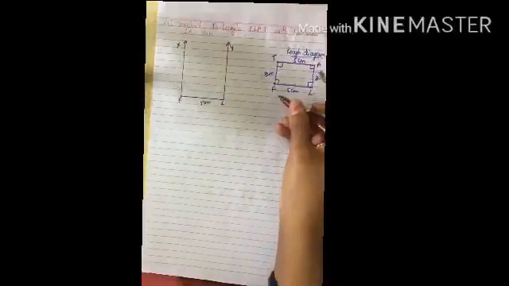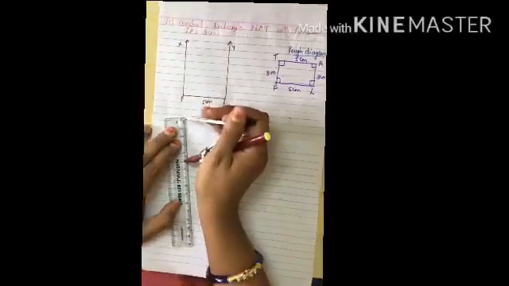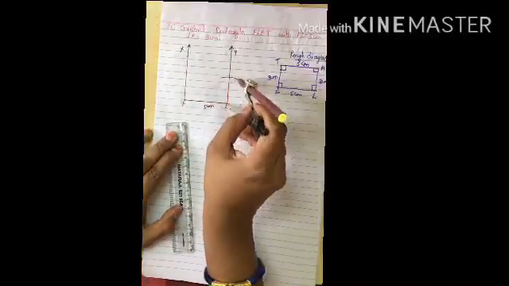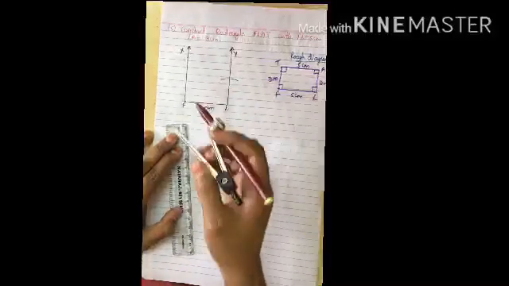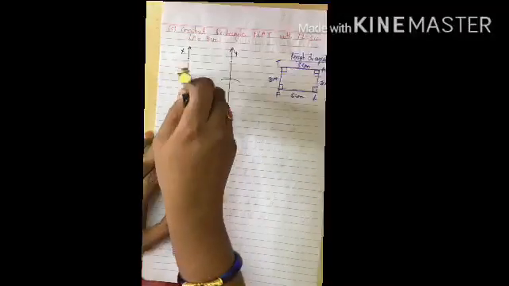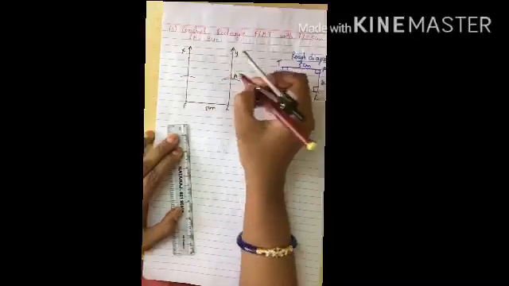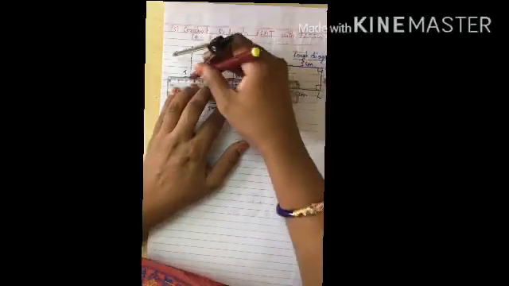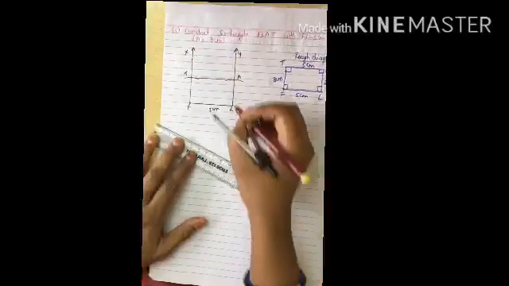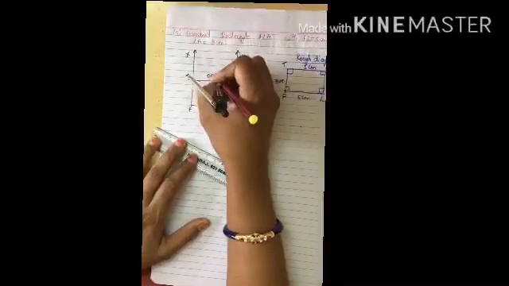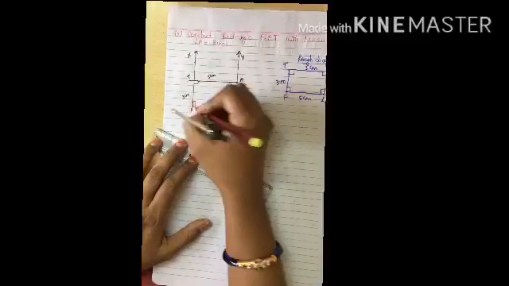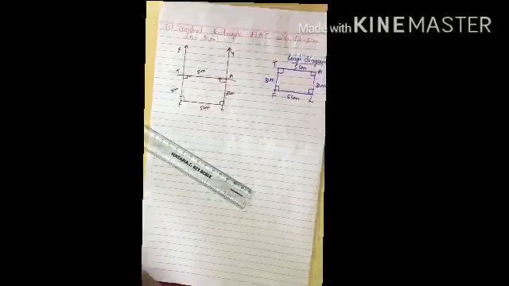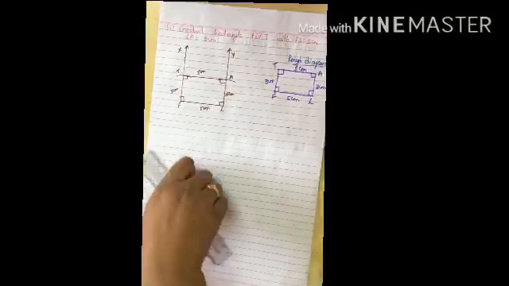Okay, now from here to here, how much? 3 centimeters. So take 3 centimeters radius. With L as center and radius 3 centimeters, cut the ray at A, and with F as center and radius 3 centimeters, cut the ray at T. So this part is A, this part is T. Got it. We got the rectangle now. See, you can join A and T. So you'll get a rectangle. If you measure, you'll get 3 centimeters. It is 5 centimeters. It is 3 centimeters. And all the angles are 90. So it is very easy to construct a rectangle, children. You can take all angles as 90 because of the property of a rectangle.